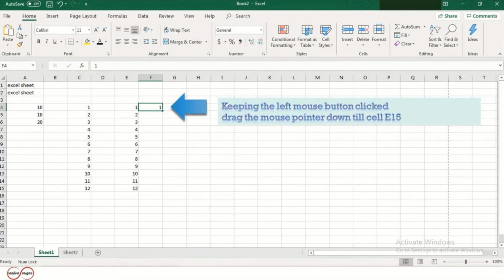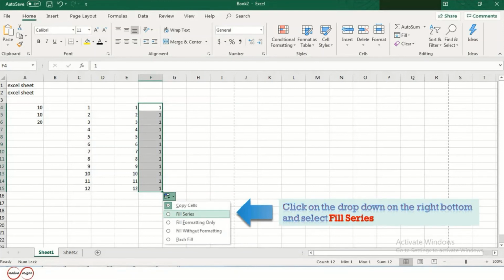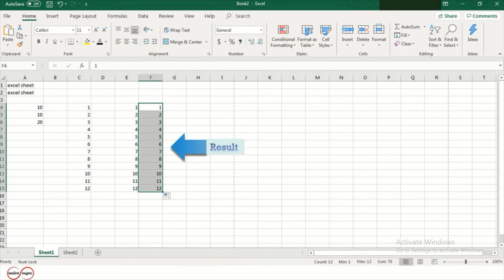Keep the left mouse button clicked and drag the mouse pointer down till cell E15. Now click on the drop down button on the right bottom and select Fill Series, and this is the result.